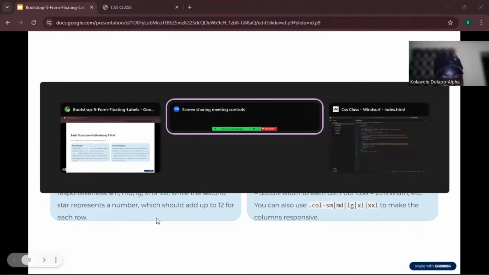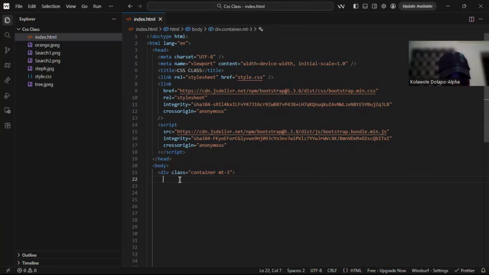Now let's create our example. We'll come here, create an H1, and name it basic grid structure. Then after that, we'll create a div, and inside this div, we're going to give a class, which will be row. And inside this row, we'll give it another div again, which will have a class called